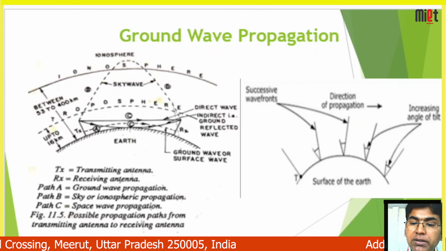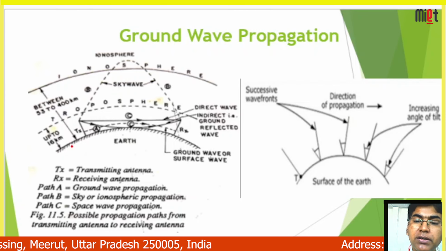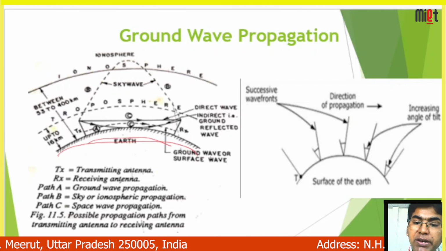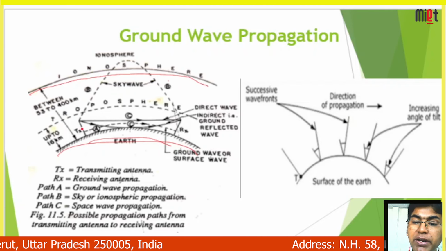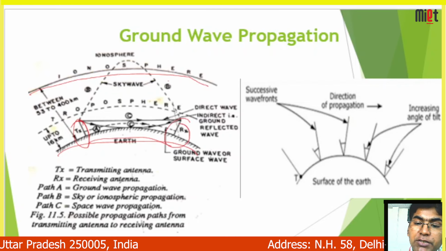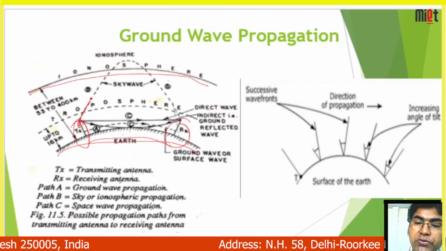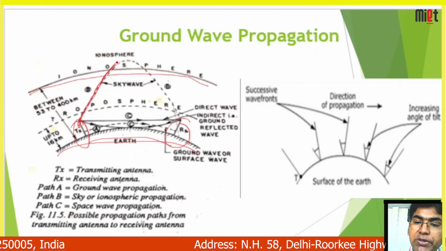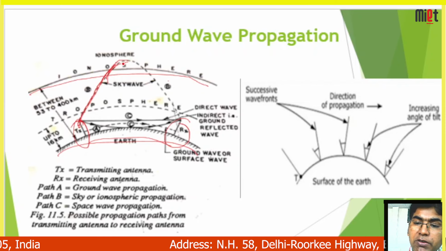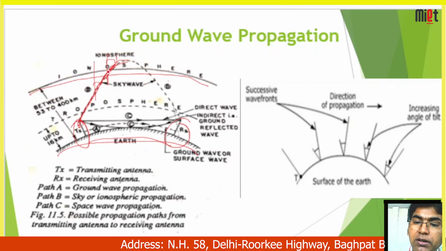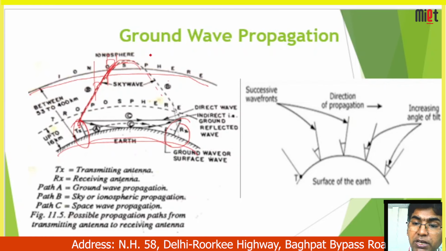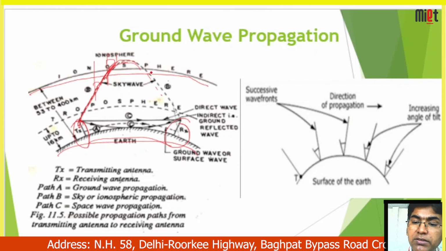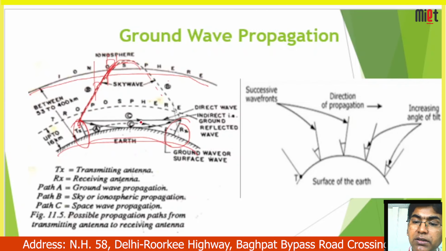Now you can see in this diagram that this is the surface of the earth, and this is the ionospheric layer. This is the transmitter antenna, this is the receiver antenna. When electromagnetic wave is transmitted from the transmitter antenna, it enters into the ionosphere, and through the refraction phenomenon, this wave is turning away from the normal and bending towards the earth. This is because in the ionosphere, density of medium will go on decreasing. Near the earth surface, density will be higher, and